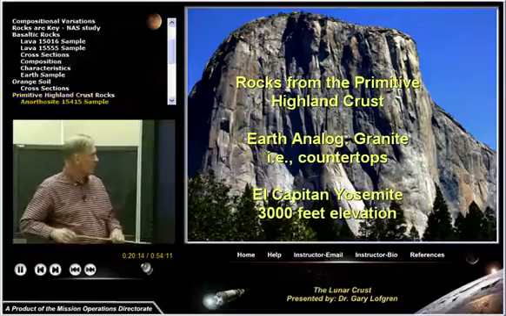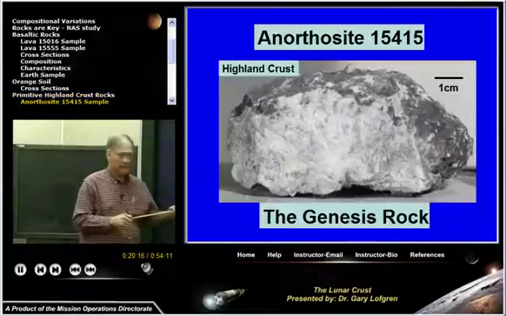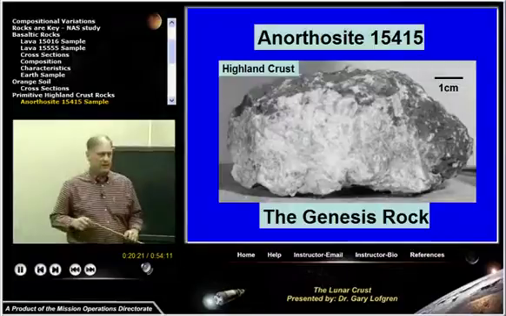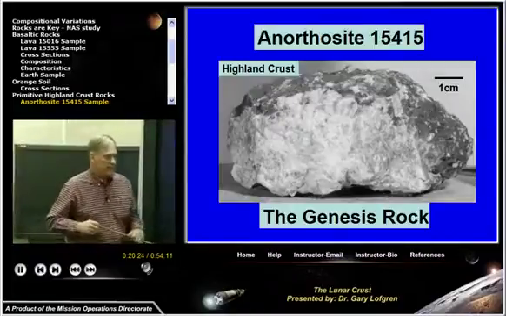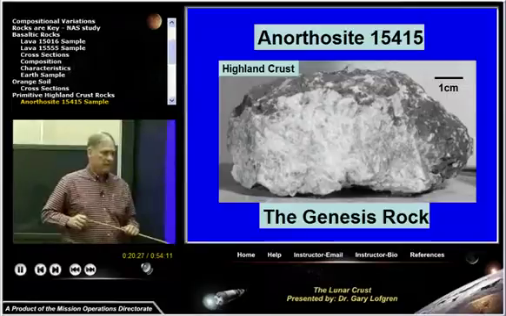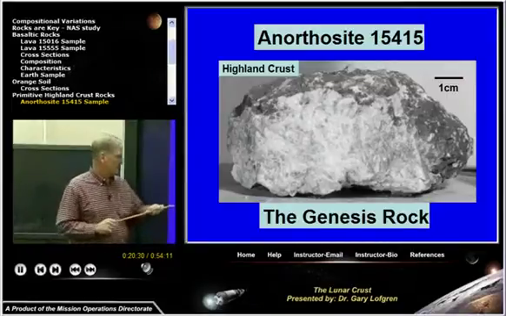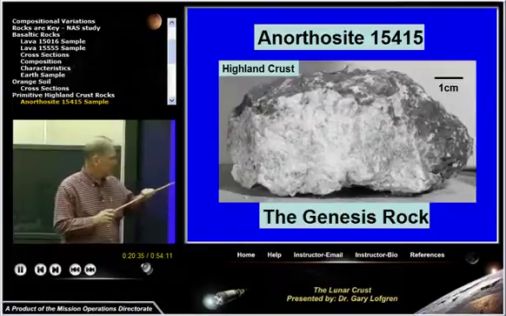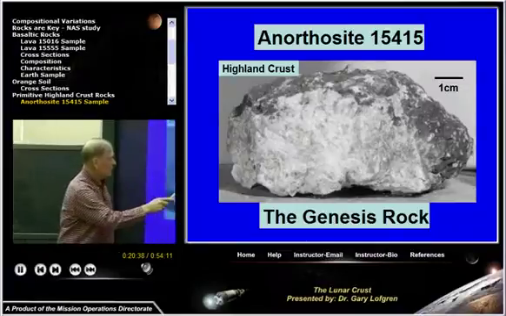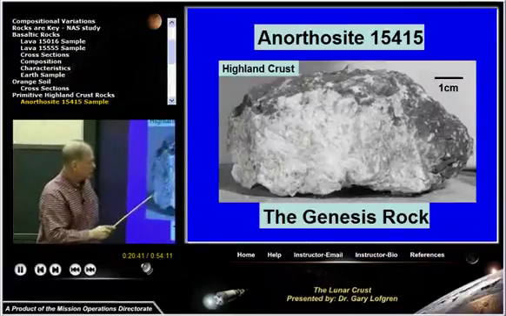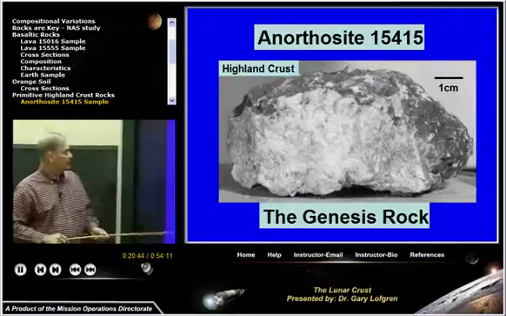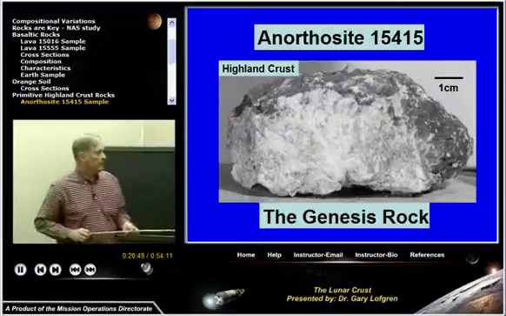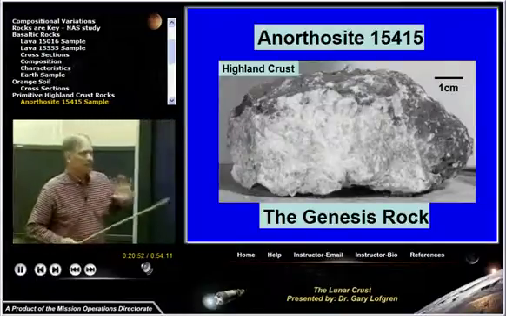Next slide. And this is a piece of that anorthosite. This got picked up on Apollo 15. It's one of the few pieces of pristine, unpulverized lunar crust. It's almost pure anorthite, pure calcium aluminum feldspar. This is just lunar soil, dirt on the outside. The rock is basically very white. Somewhere it picked up the moniker Genesis rock. That's what people refer to it as. It's been a rock that's been difficult. It's important